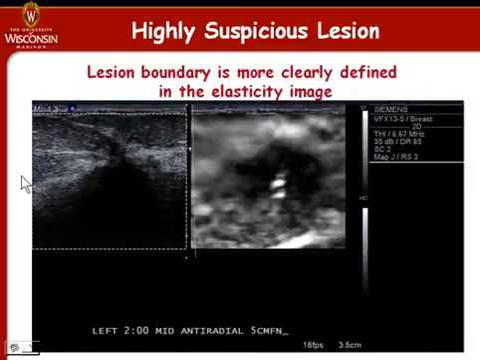Well, we see from the elasticity image the confines or the extent of that lesion. We can see that we can't biopsy deep into the lesion. We have to stick to the upper area of the lesion, as described by the elasticity image. So elasticity helps to define the lesion size much better than B-mode does, and can also be used in treatment